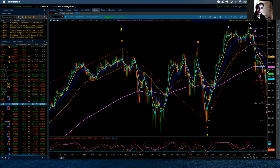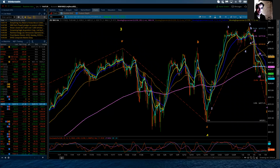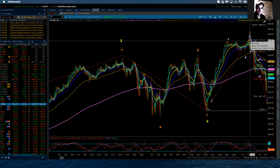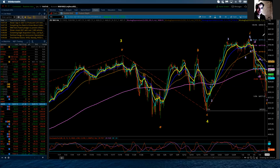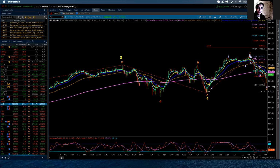And so a third wave in relationship to a first wave would be expected to take out that high number 1 at 48.08. 100%, or wave 3 would be 100% of the length of wave 1, comes in at 48.58. So already new highs. So that one it can take. But more realistically, again, because of the power of the third wave, we'd be looking at a possible move to